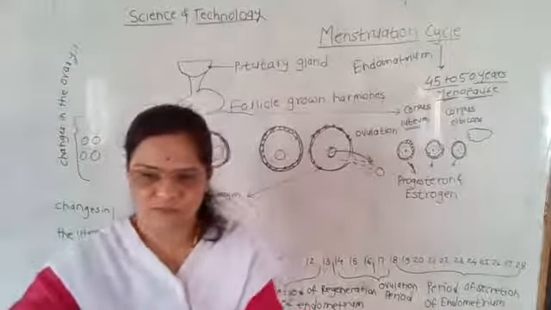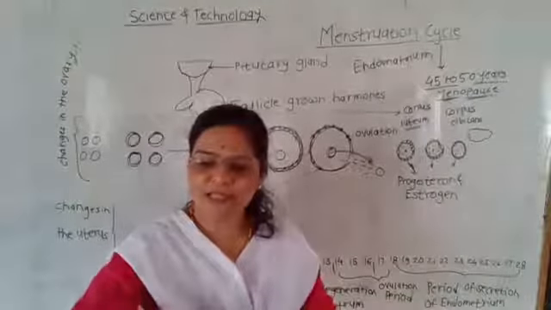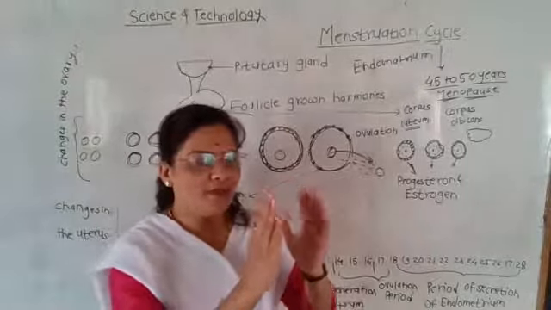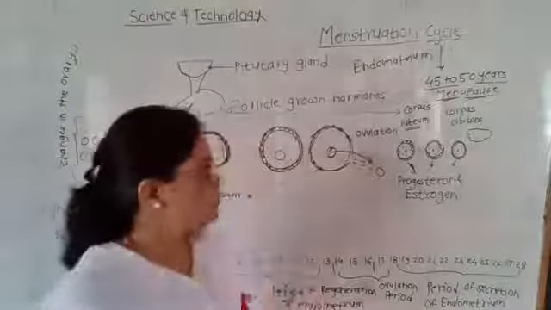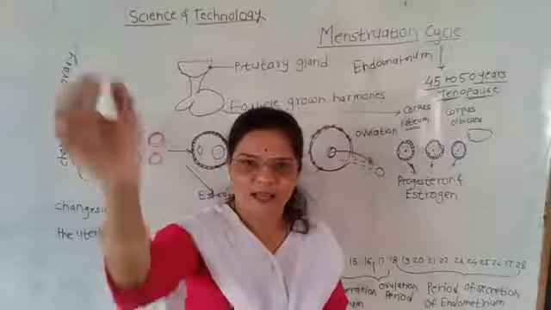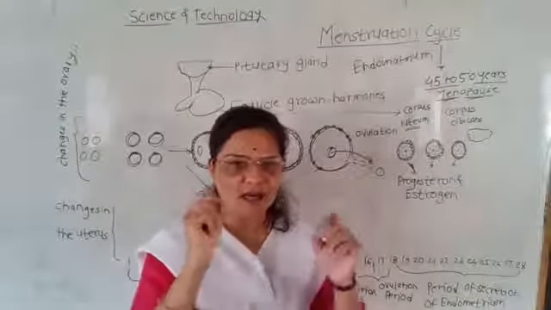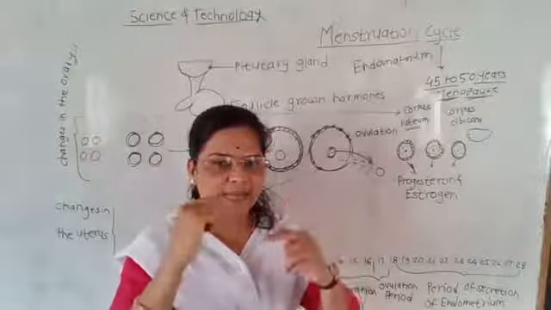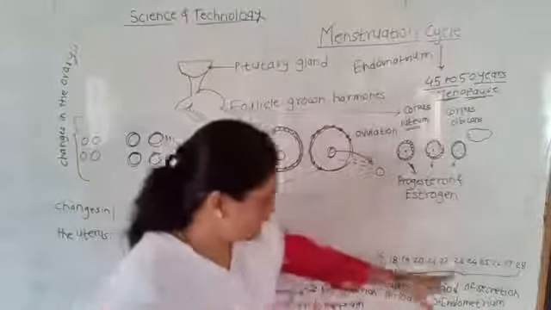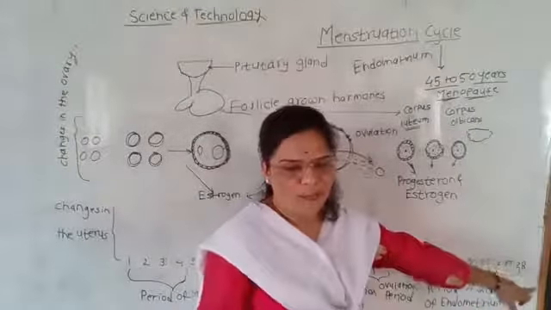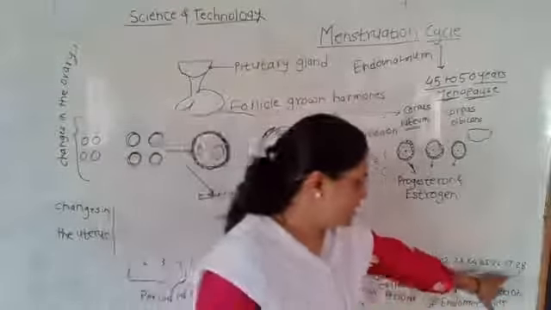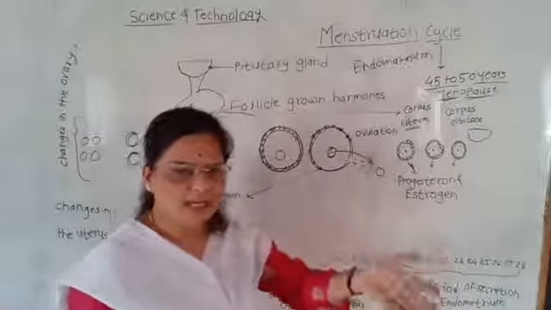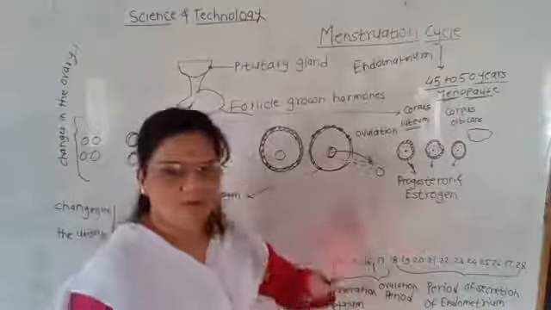And I explain to you in this session what the menstruation cycle is, what the scientific steps of the menstruation cycle are, and what the importance of the menstruation cycle is. The menstruation cycle is a natural process and occurs after every 28 to 30 days. Repetitive changes take place at the interval of 28 to 30 days. In some women, it may come after 28 days. In some women, it comes after 25 days. In some cases, it comes after 30 days. It varies from